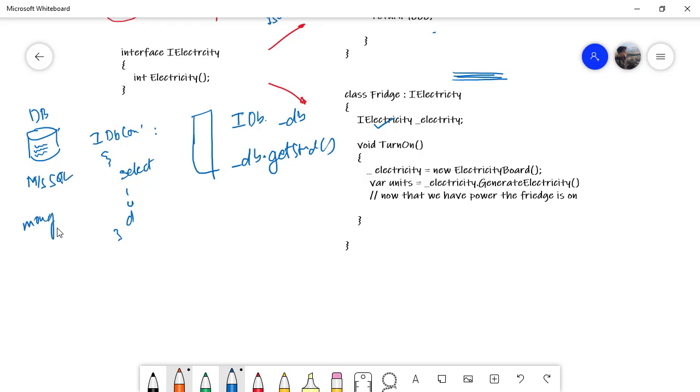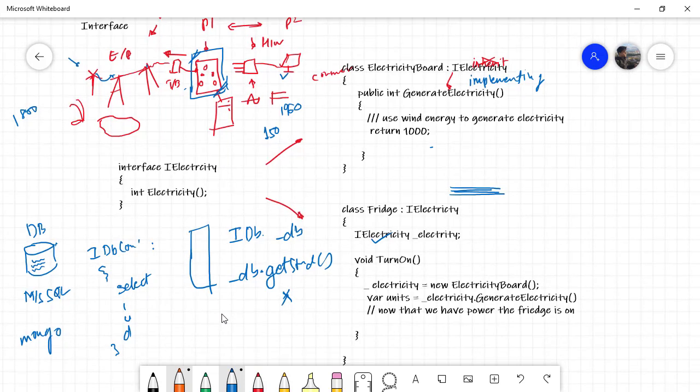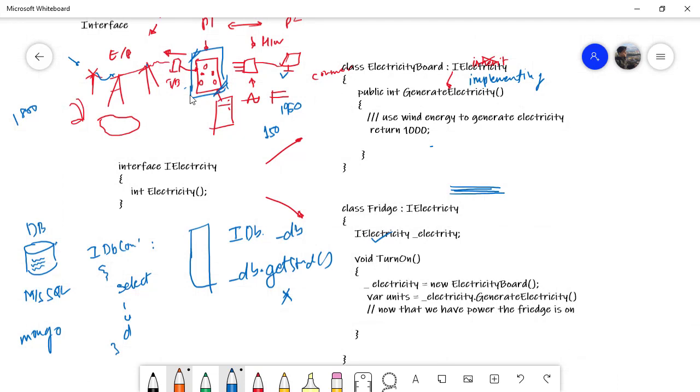We can switch to Mongo. And when we switch, we don't have to break anything on this side. Just because you are switching your electricity provider from, say, wind energy to hydraulic energy, you don't have to buy a new fridge. It is the same mechanism: as long as the provider is implementing the interfaces the right way, we don't care what they do inside. If they use an SQL database, a Mongo database, or a plain old file system, as long as when we say get me student information, it gives us the student information, we are good,